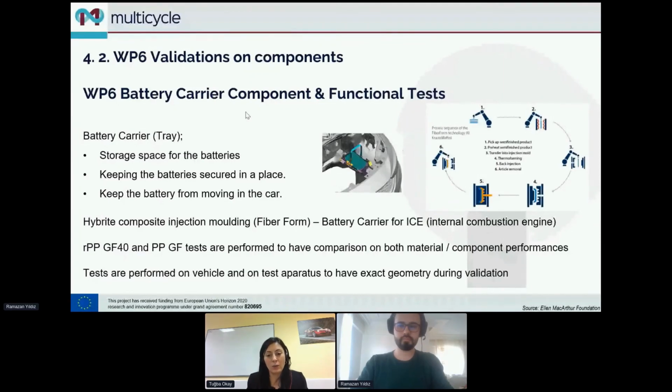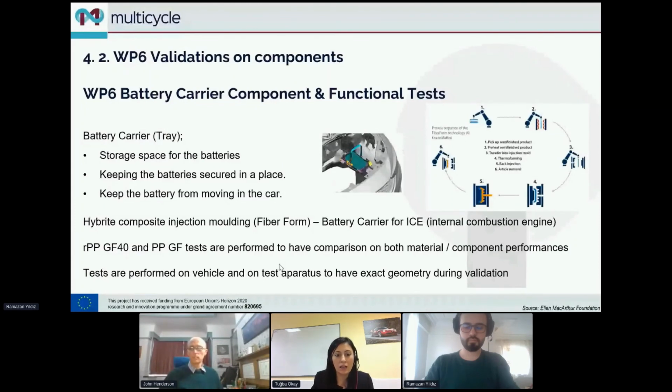And as Ramazan said, the production methodology is the hybrid composite injection molding process. This injection molding process is a well-established production process based on the high pressure injection of the raw materials into the mold that shapes the polymers into components of the desired form of the design. The melted plastic cools and hardens, and then we receive the parts from the mold. That process is a reliable methodology for solid plastic with high quality conditions. So after we produce that, we go to the vehicle position and test apparatus position of the component. For the next page,